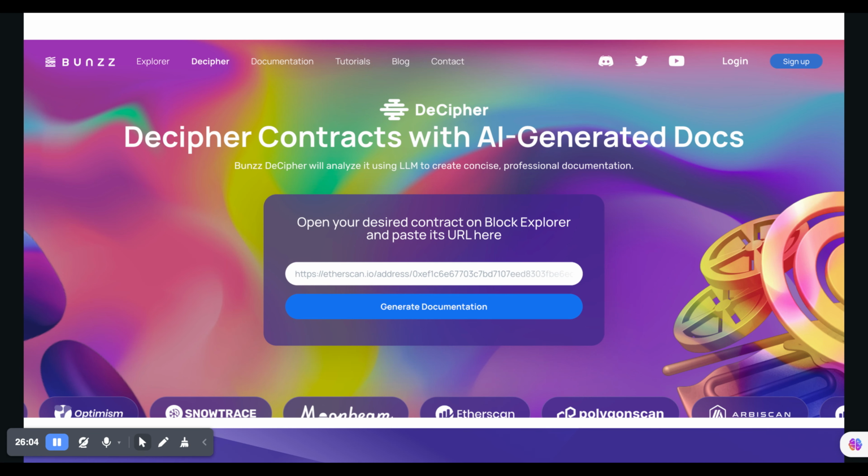Recently, we launched the Cypher, which is an AI tool that generates smart contract documentation from any block explorer. Once you've deployed a smart contract, you can easily generate thorough documentation using the Cypher, documenting functions and the code itself, and really simplify and streamline how developers can build their dApps during the hackathon, post